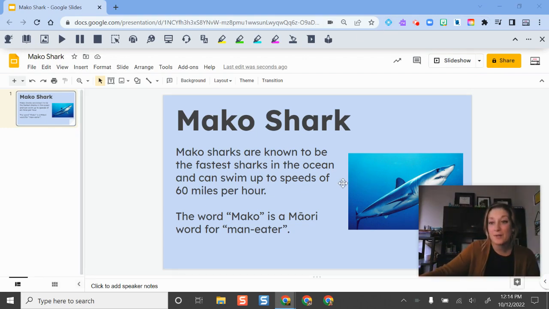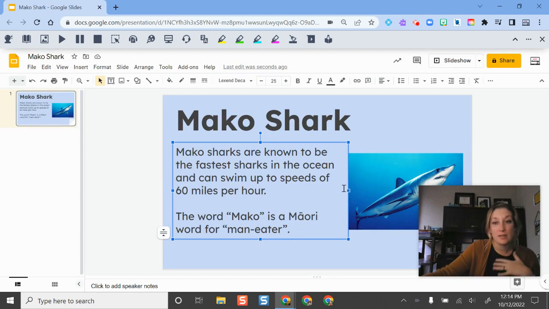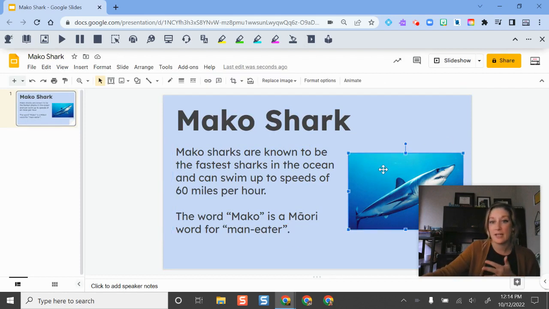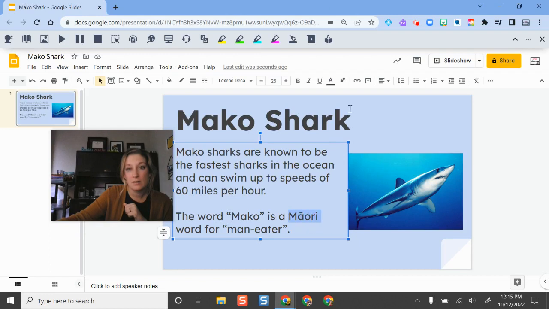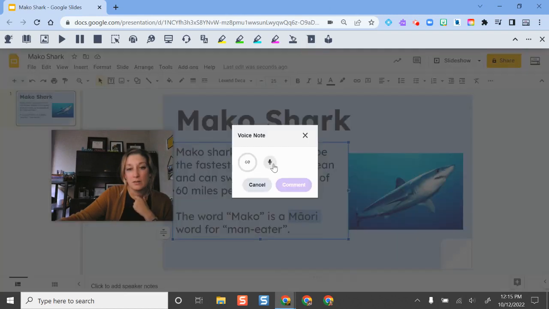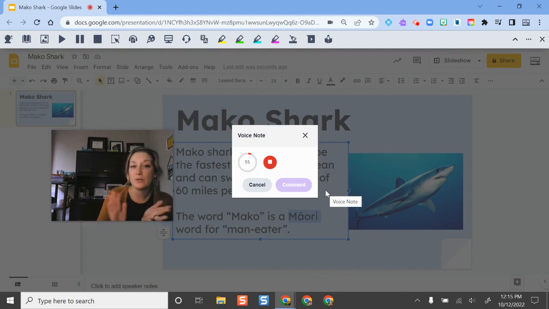All right, so whenever I'm ready to record, I will click the toolbar here, and then I'll select my little voice note button. But before you do that, I do want to point out that it actually doesn't really work unless you've selected something on the screen. So it's kind of like you're making a voice comment, so you need to select what you're commenting on. All right, so I select some piece of text on my page and I go through, I do my little